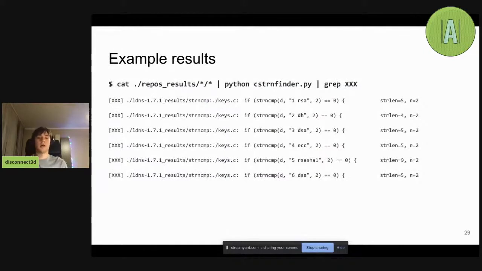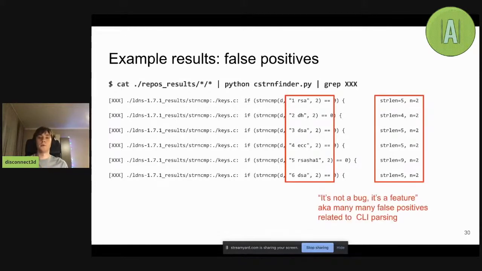And here I have some examples of the results. For the XXX case, which is probably a bug, we have this case in the LDNS library, in some case.c file, where we have the comparisons. Here we always compare with a hard-coded length of 2. The literals that we compare start with a digit, then a space, and then an algorithm name. In this particular case, this is not a bug, because the developers wanted to compare just the digit itself